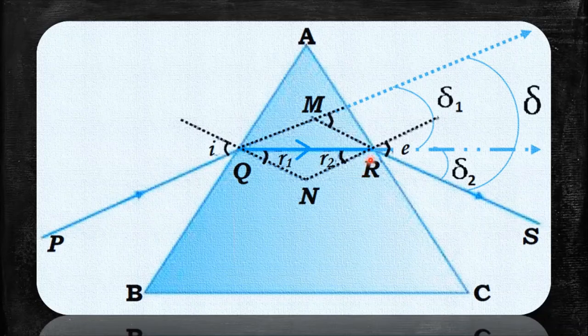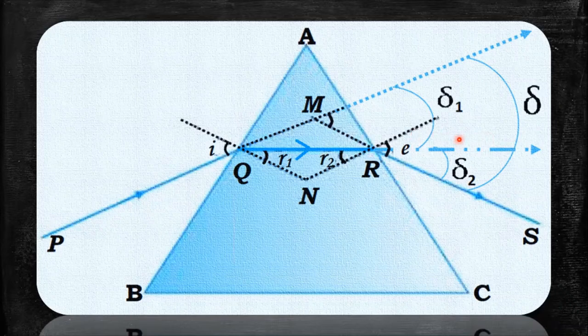Now what do I get? I obviously understand for a fact that had there not been a prism here, ray PQ would have gone undeviated, correct? Can you see this dotted line over here? But now because there is a prism, there has been a deviation, correct? There has been a deviation of the ray PQ from its original path, and this is my first deviation. Let me call this delta 1, alright. Now obviously this deviation is between the extended incident ray and the extended refracted ray, correct?